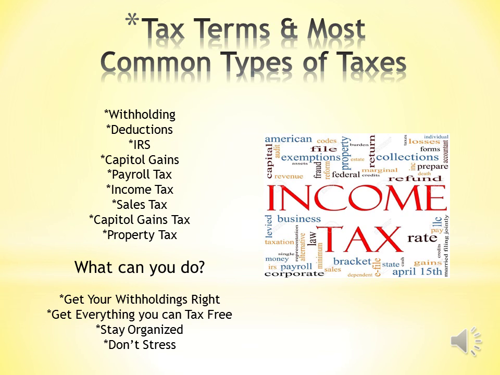Get everything you can tax-free. Your flow of money usually goes something like this: you get paid, you're taxed on what you're paid, and you use the leftover money to buy things. But for certain things like saving for retirement, paying for childcare, paying for medical expenses, or buying a subway pass, you can use pre-tax income. That means if you send $1,000 from your paycheck to your 401k, you won't be taxed on that money. Hello, tax savings. Read up on all the ways you can save on taxes by just typing in "how can I save on taxes" in your Google search.